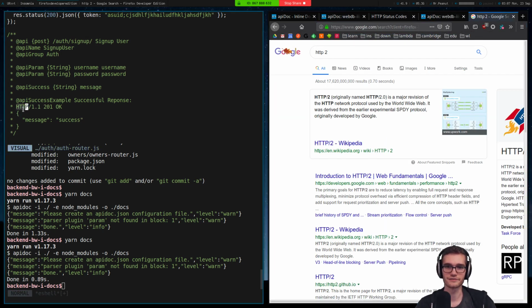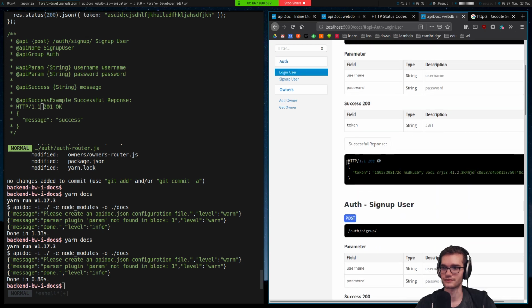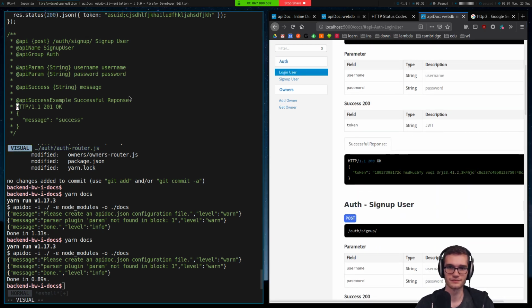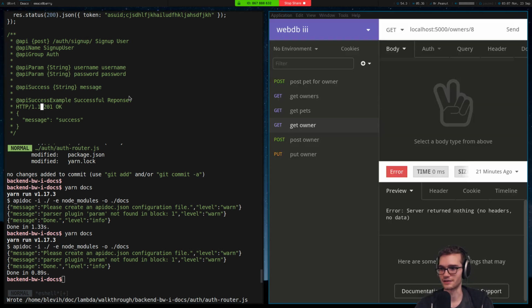You don't have to include this. You can put any text you want in here, but the API docs will just put it in there. So I can just say this. Technically, this is what the body looks like when you send it back. If we find the raw body of our request,